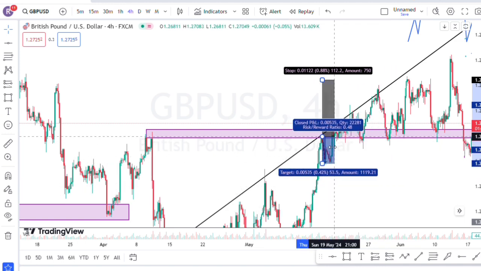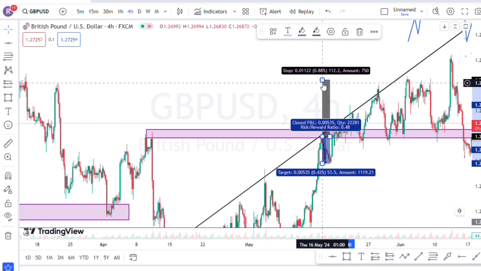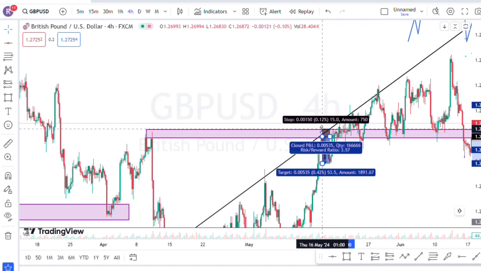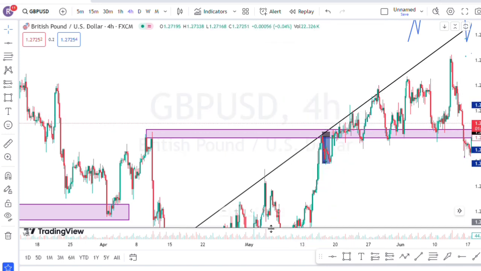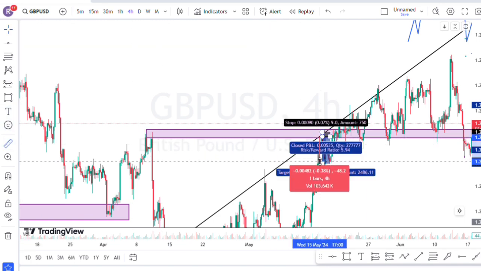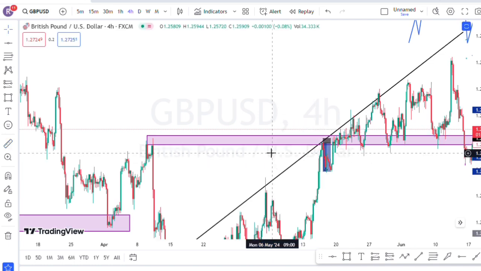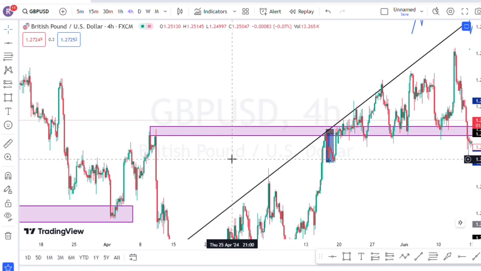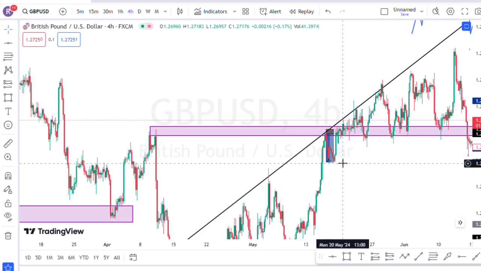But in the long run, the market didn't respect this point. These are very good pips to catch, about 50 pips, but it's not valid, because this was just like a fake out